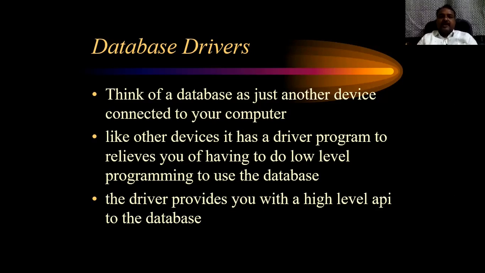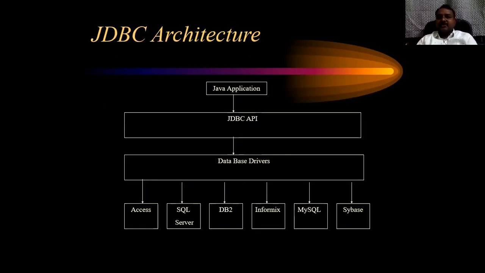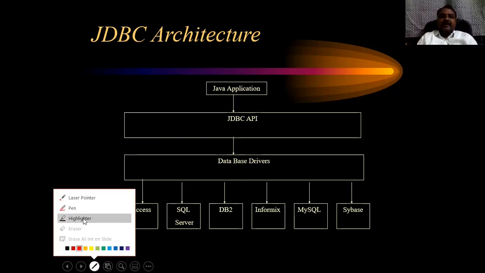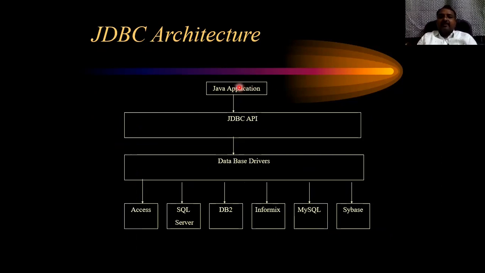So I can also call them APIs by which we are going to interact with your databases using your Java applications. First of all, we'll see what the architecture behind the interaction with your databases is. Now I can see I have a small diagram here, where I have a small application. We call it a Java application.